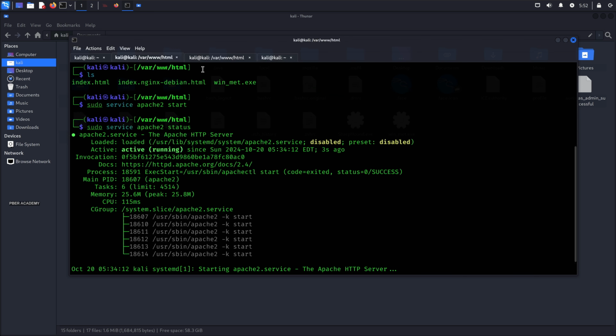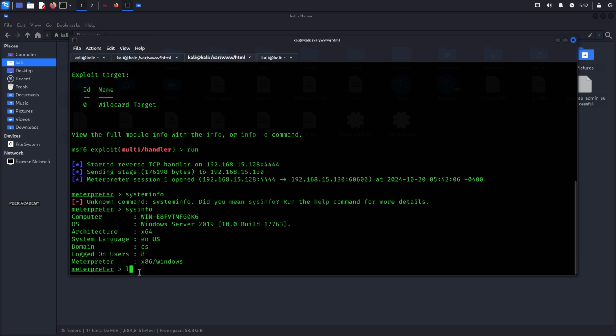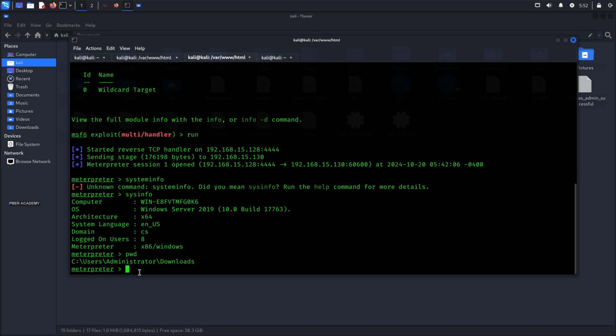So now go to the Metasploit directory and let me do an ls and pwd and let me know what the package is. It's in the Download folder. Now let me run a command called upload, since this is a Meterpreter session, so I am able to upload it. Let me upload by running this command, upload,